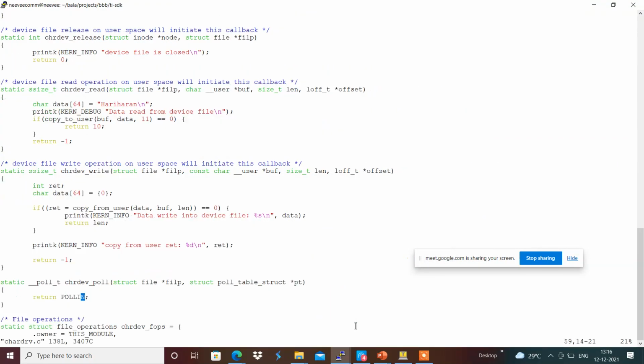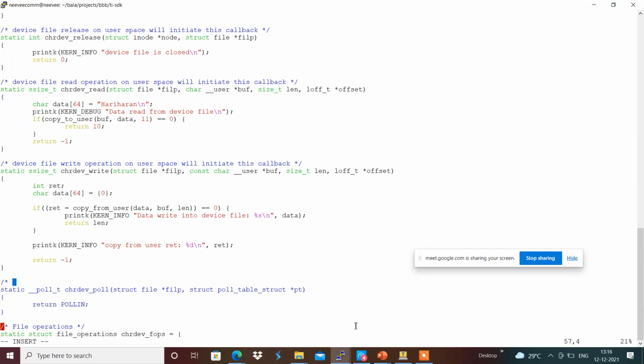The poll operation on the user space will initiate this poll callback, and whatever the return value will be present in the revents of the pollfd structure in the user app.